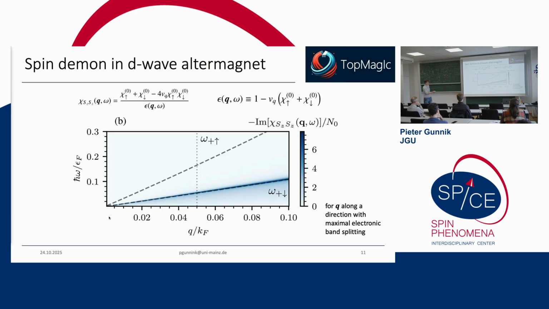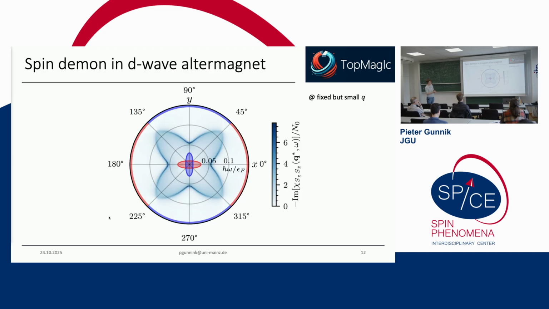So you might ask, okay, very well, but what has this to do with an altermagnet? The first sign I'm going to show you: this was a function of momentum. Now we're going to keep the momentum fixed and rotate in the altermagnetic spin split plane. Then you're going to see this very nice picture where this resonance follows this fourfold symmetry like this. And this is already an indication, and this is